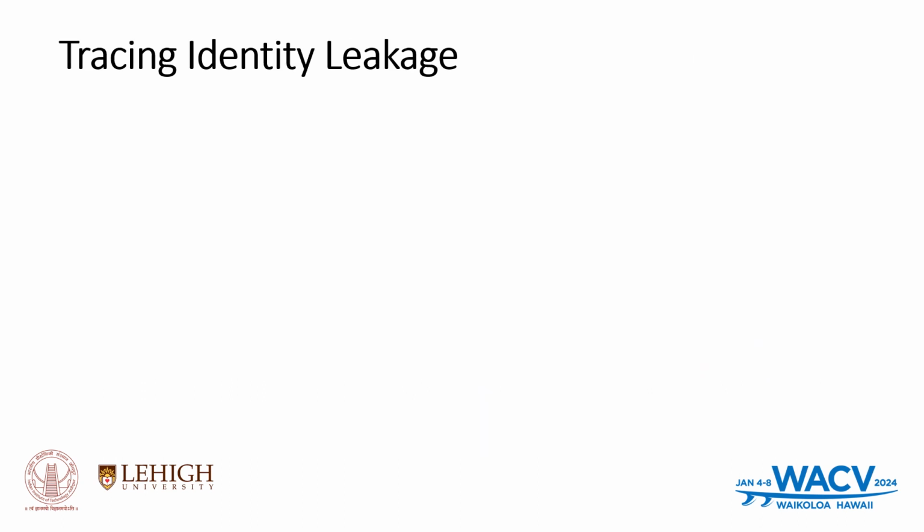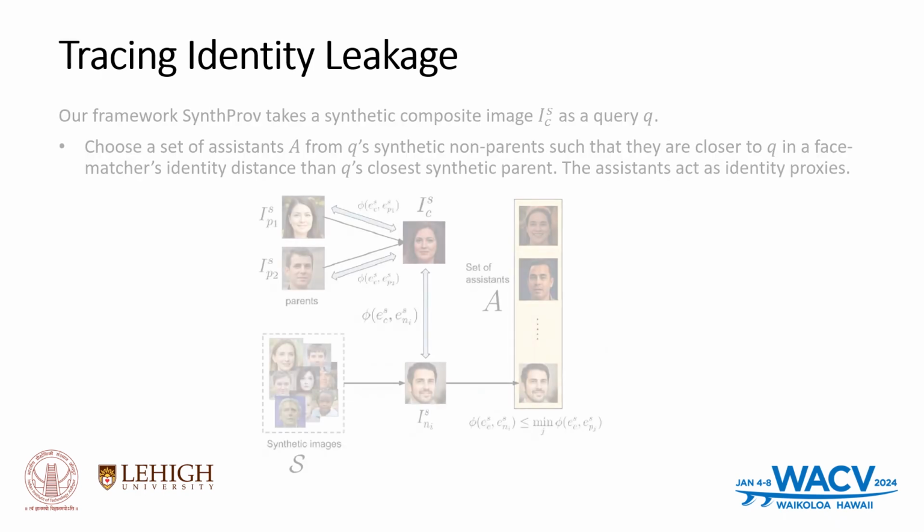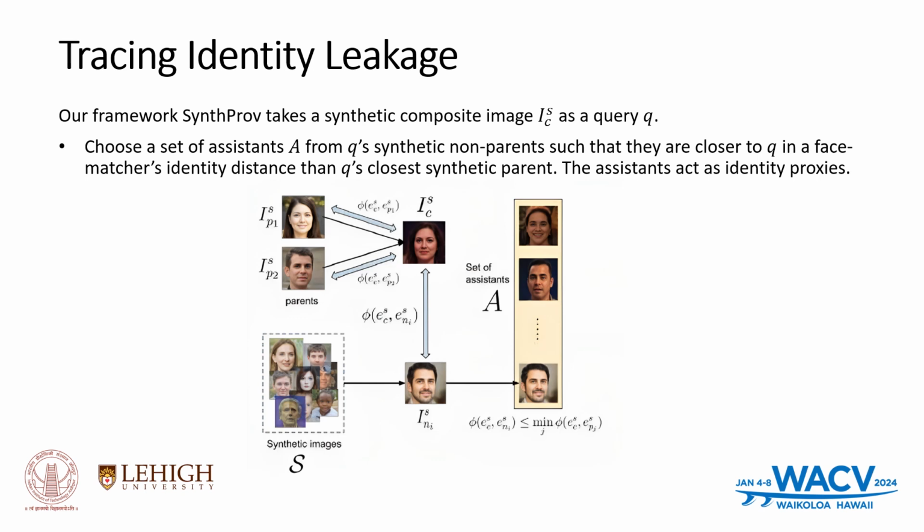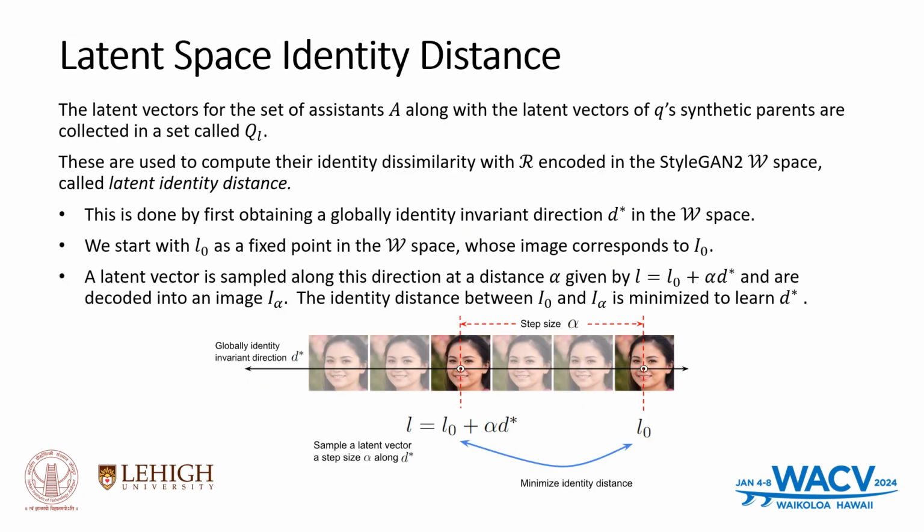We now describe our algorithm or framework to trace identity leakage to its origins in the training data. Starting from a query Q, which is a synthetic composite, we obtain a set of assistants which are synthetic non-parents, highly similar in their identity features to Q, even more so than Q's parents. These assistants act as identity proxies and are denoted by the set A. Next, we obtain the set of latent vectors of the assistants and synthetic parents given by the set QL. This is done to compute identity dissimilarity between the W representations of QL and the real face images in R